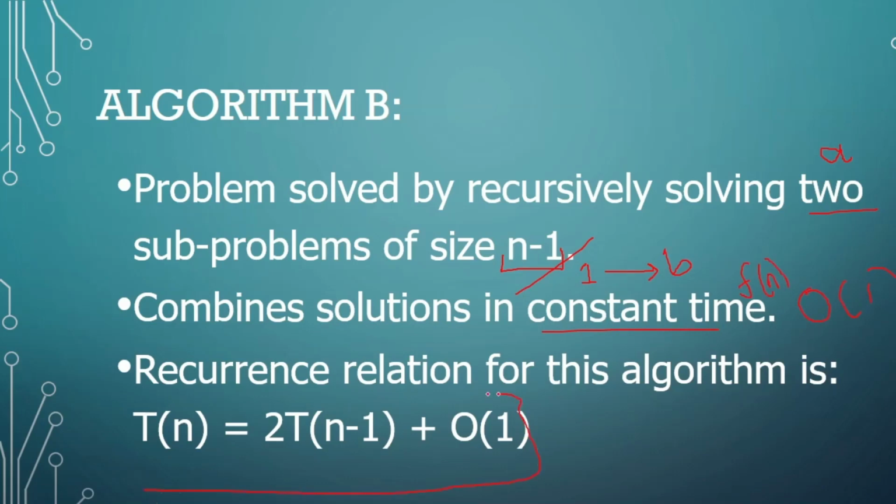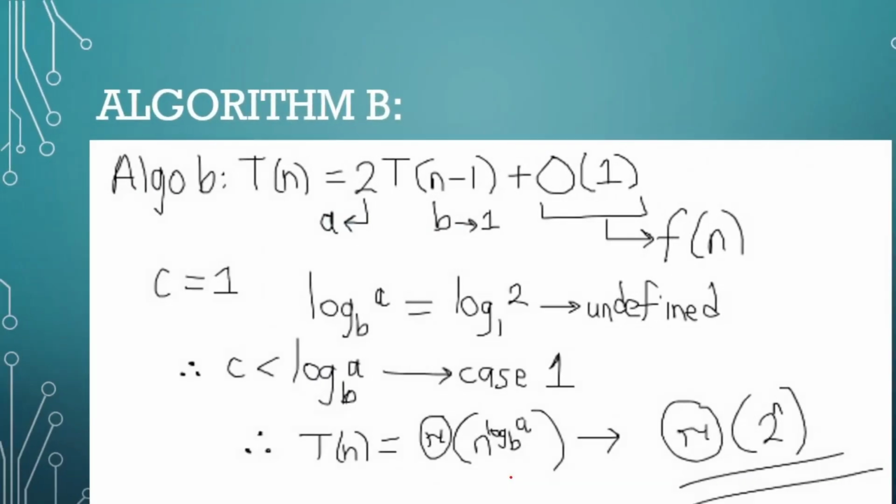And we end up with this recurrence relation, whereby T(n) equals 2T, this is the A, into brackets n minus 1 divided by 1, which happens to be our B, and our f(n) is the constant time. So let's deduce the time complexity for algorithm B. Just our recurrence relation derived from the problem statement, and again we have to ask ourselves, in this case